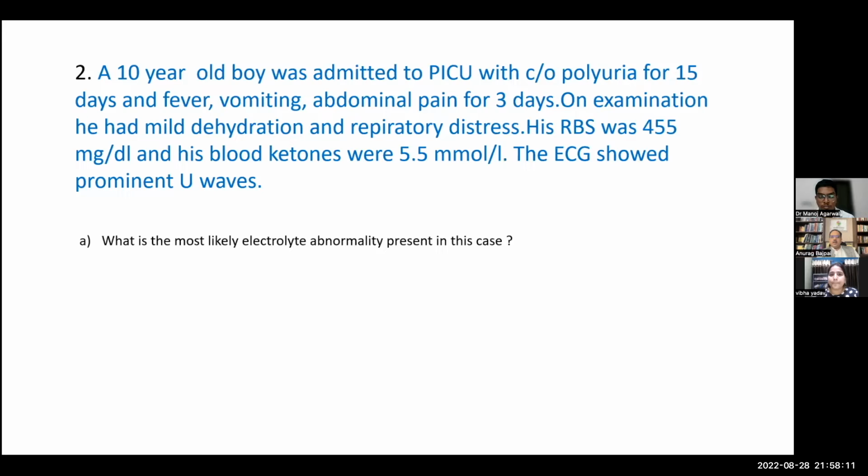So I think we can ask the audience to answer this. So kindly write the answer. You can use the chat box or the Q&A. So this child clearly is DKA, and there is a specific finding on ECG, which is a direct clue for diagnosis. So this seems to have hypokalemia in that setting. So what is the significance of hypokalemia, Dr. Vibha, at diagnosis of DKA? Will you be worried about this child?